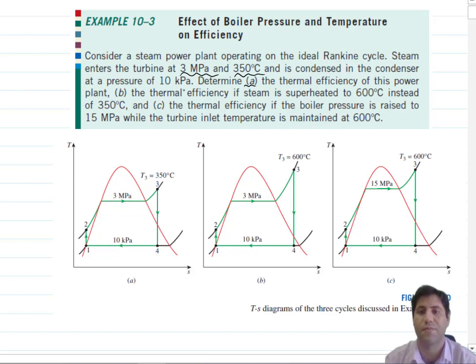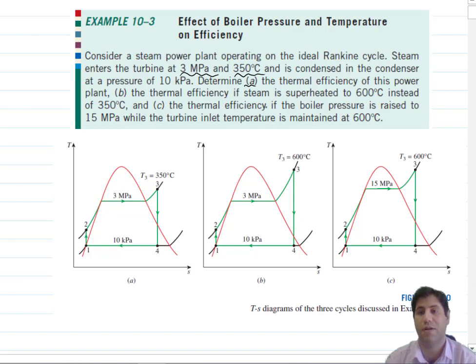B, the thermal efficiency if the steam is superheated to 600 degrees Celsius instead of 350 degrees Celsius. If you remember, this is one of the methods to improve the efficiency of the Rankine cycle. The steam is superheated and its temperature is higher than in part A of the question. And part C is the thermal